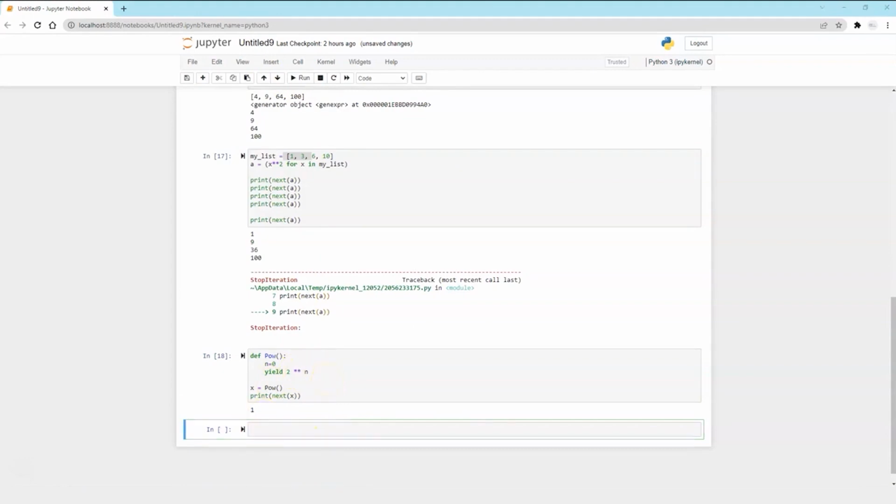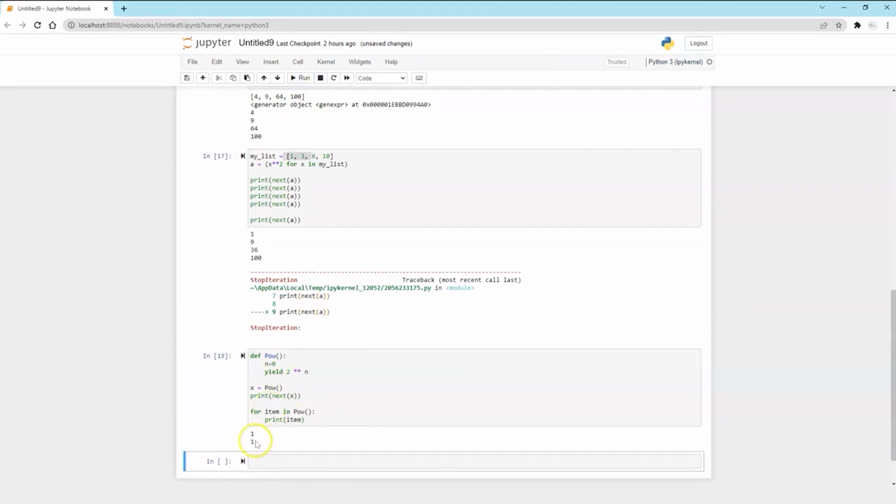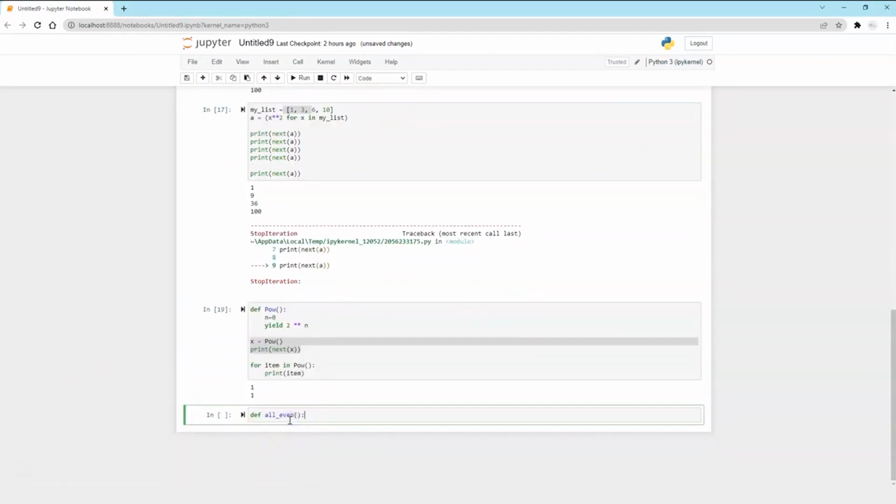Now another way of doing this job is I loop over this and I get the same output. So either you use a for loop or you print using next, the output is going to be the same. Now, another important concept which I talked about, if you want to print